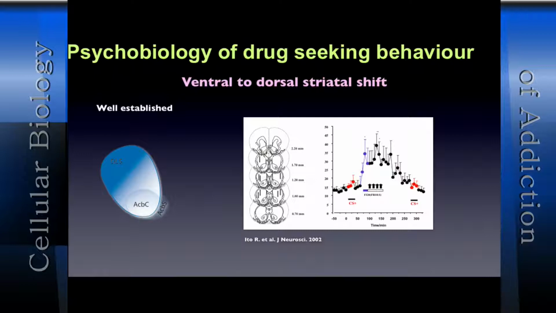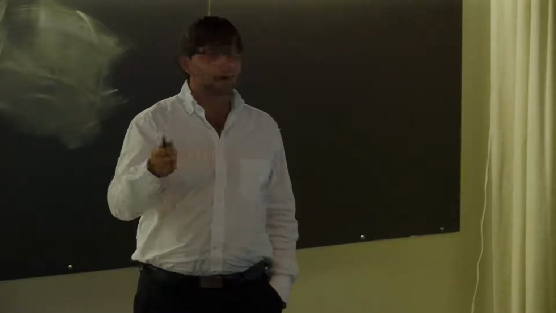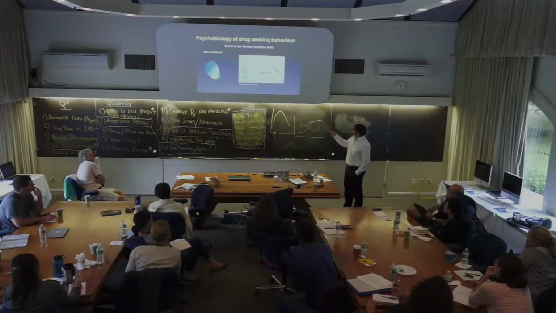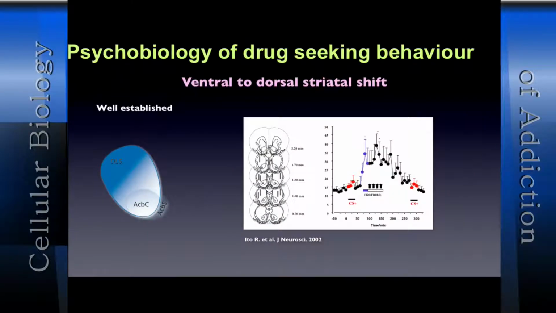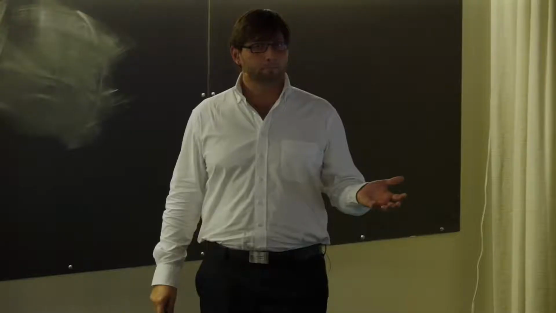But then you start the second-order schedule of reinforcement procedure, in which every 10 lever presses results in the presentation of the light. And this is the blue sequence here. And there's a massive increase in dopamine release into the dorsolateral striatum. Then when you stop the behavior and you present once again non-contingently the conditioned stimulus, there's no increase in dopamine. So this shows that when the animal is pressing for the conditioned reinforcer, there is an increase in dopamine transmission into the dorsal striatum that has nothing to do with Pavlovian conditioning on its own. Otherwise, we would have dopaminergic responses to non-contingent presentation of the conditioned stimuli. Is that clear for everyone?